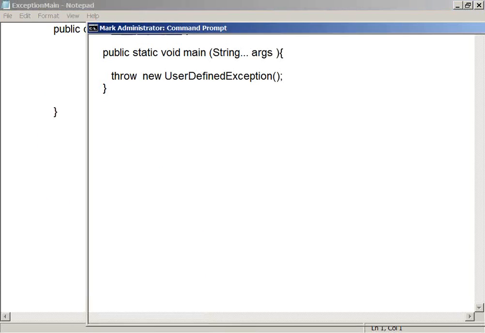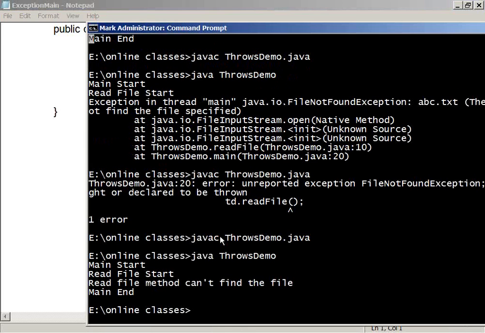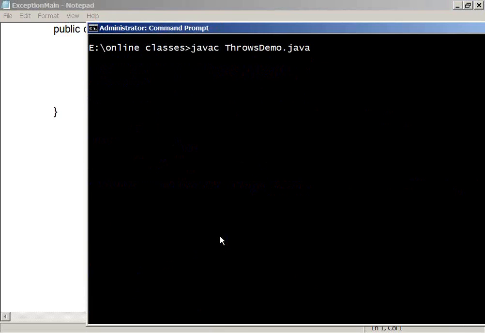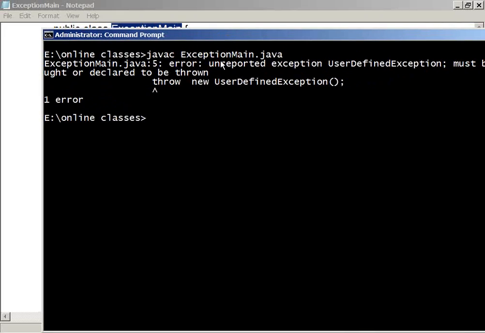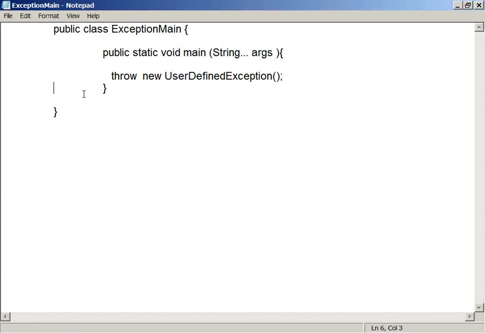And it will not compile, because you are throwing a checked exception. When a checked exception is thrown, it should be handled or it should be declared with the throws keyword.